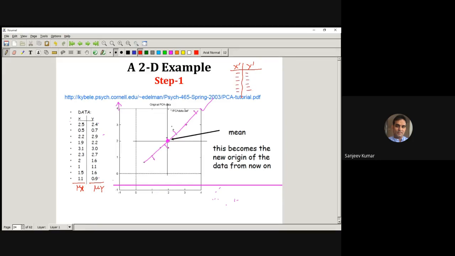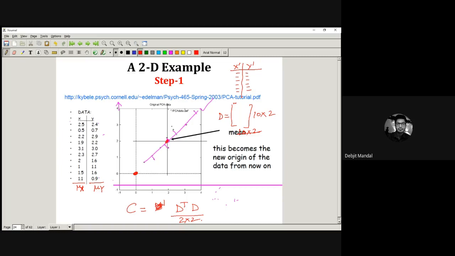Now what will be the mean of the new data? This mean will be shifted to 0, 0. Yes or no? Yes, sir. Now you assume this as a 10 by 2 matrix, and let us say it is our matrix D. Then the covariance matrix C is just D transpose into D, so it comes out to be a 2 by 2 matrix.